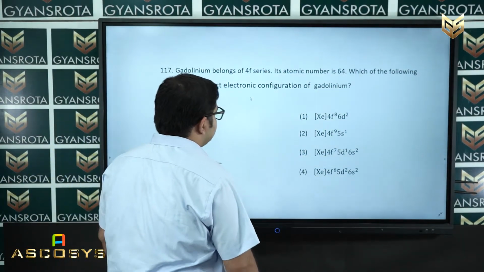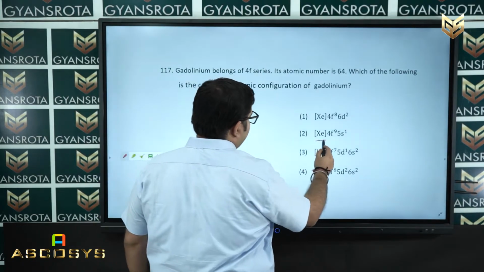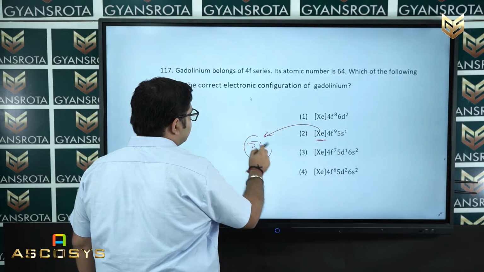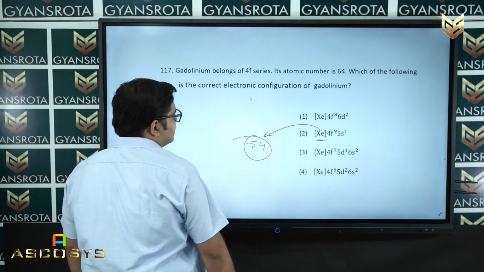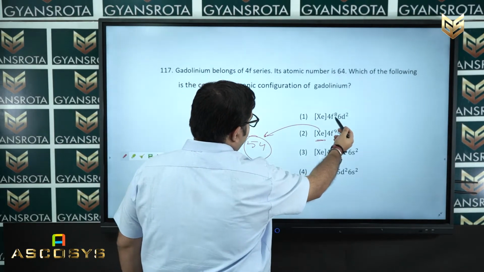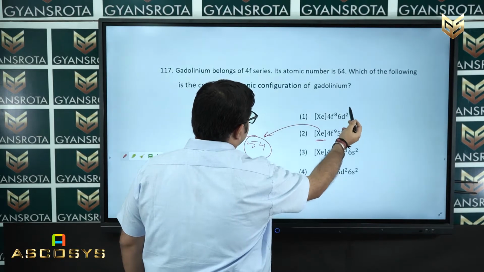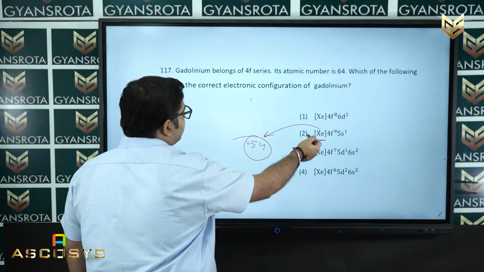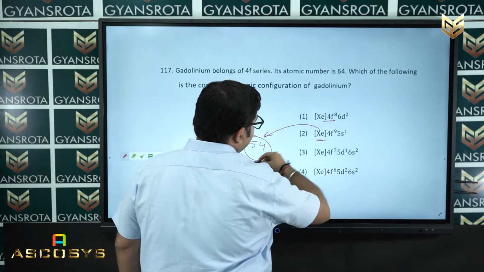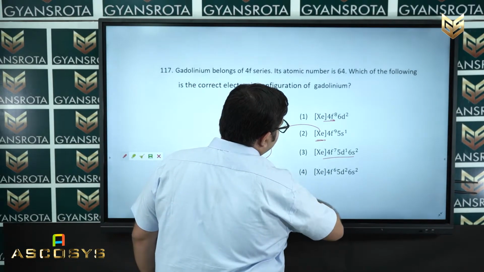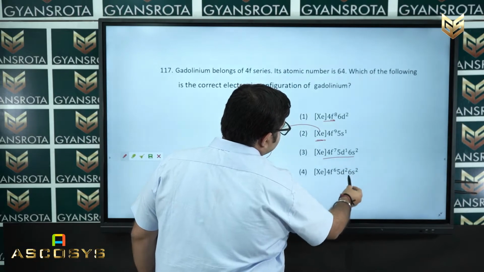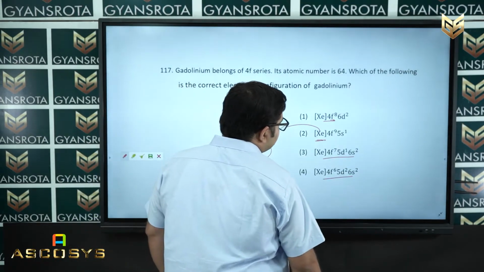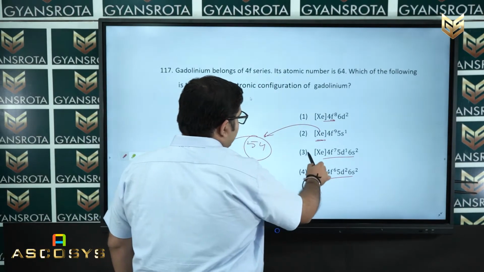For this you should know the xenon atomic number, which is 54. Now just try to add, 8, 9, 10. This also gives you 64, but here 4f8 will be mentioned, here 4f7 will be there, and 5d1 and 6s2, here 4f6 and 5d2 6s2. So, if you see the